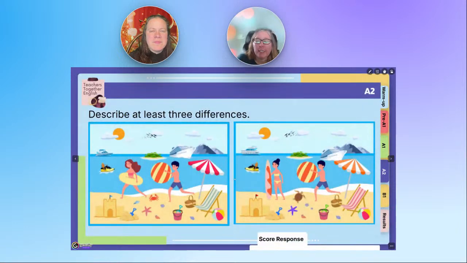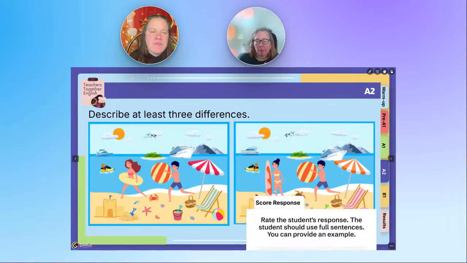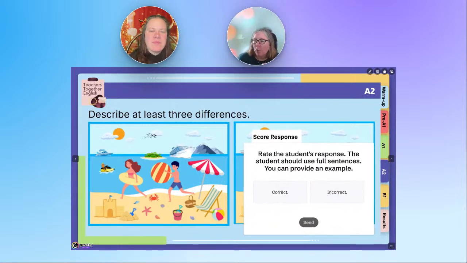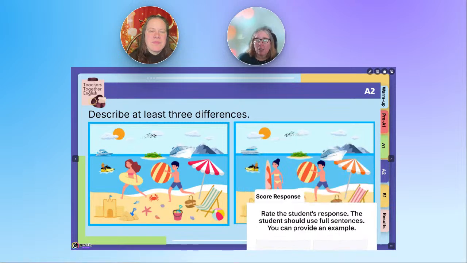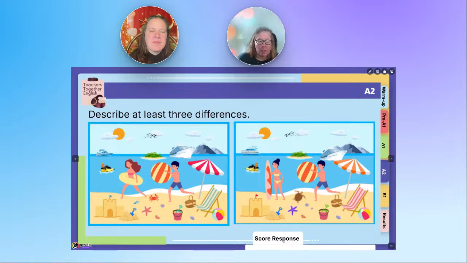And then this one is more of an open response speaking. So we're looking for differences. And with this one, because we don't want to cover the pictures and we want them to be as big as possible, when you're finished, you can simply pull up the score response information and you can select and score it. And in this case, it also suggests that you provide an example. So I'm probably not going to choose the simplest thing on here, because that might be something that is good for the student. But I might identify something, and I might say that